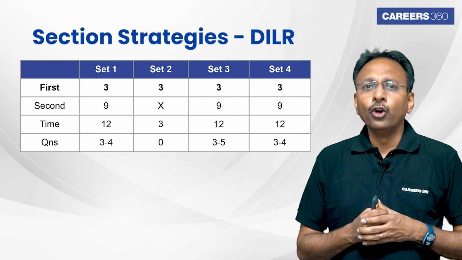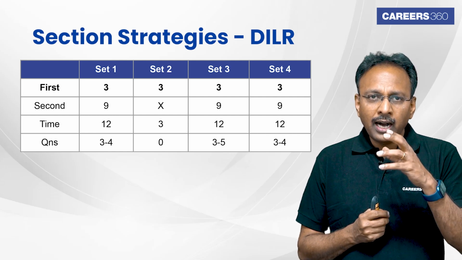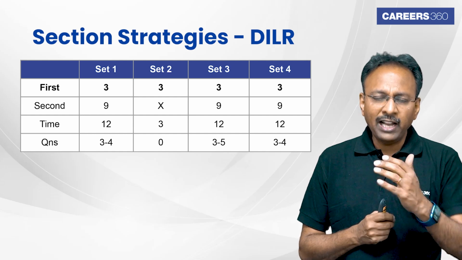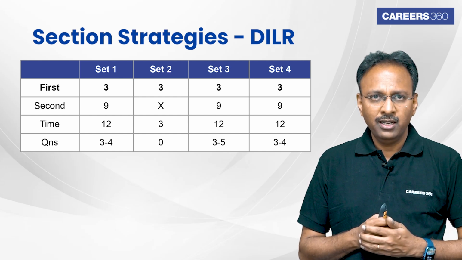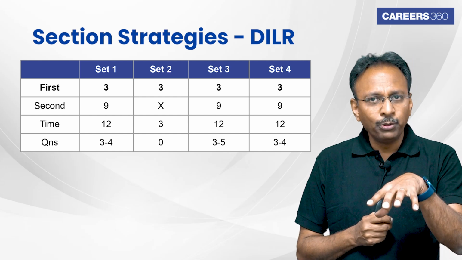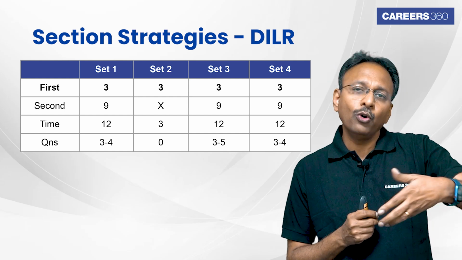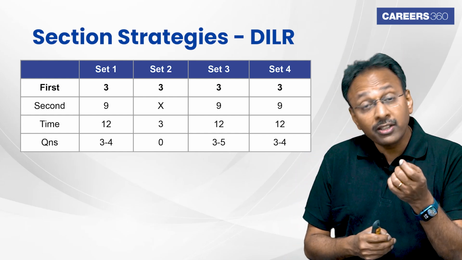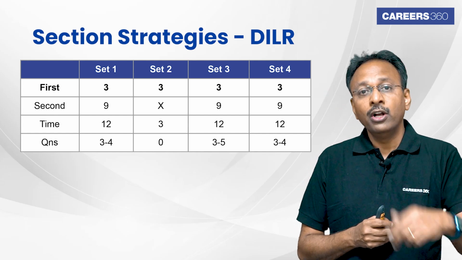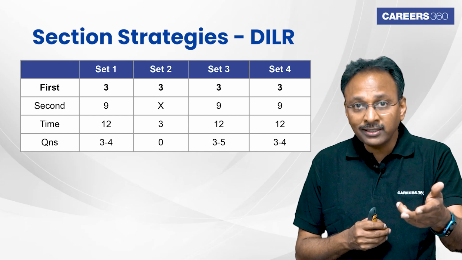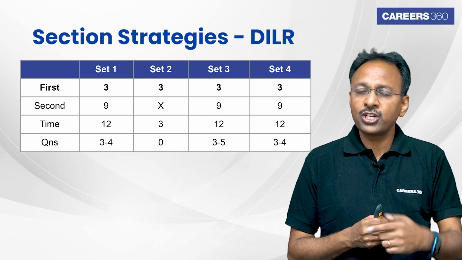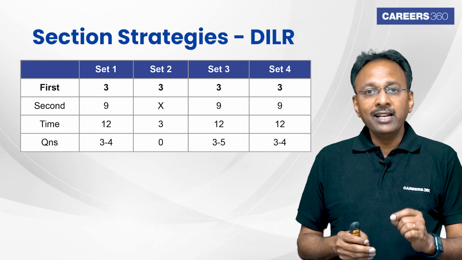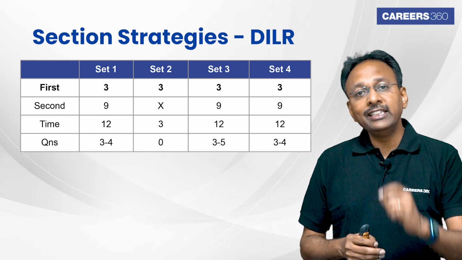Now, one more thing, if you notice, there are 5 questions in each set, and that's what we expect. I have very deliberately put in that you may probably do only 3 or 4 questions. Why is it that I'm saying that? Because within the 5 questions also, there will be 2 or 3 easy ones, and there could be 1 odd question or 2 odd questions which are very lengthy. Your smartness is in avoiding that very lengthy or difficult question.